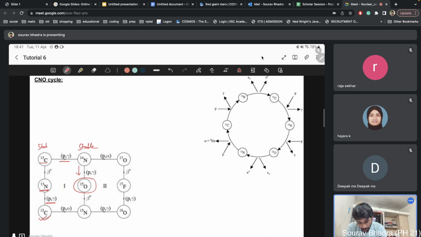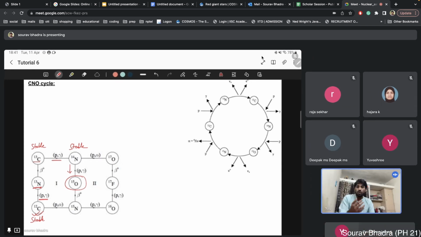This was stable, that is why also no successive beta decay. So whenever you are interacting with the stable nuclei, your mass number is increasing by 1, and depending on the product whether it is stable or not, it will go through beta decay or